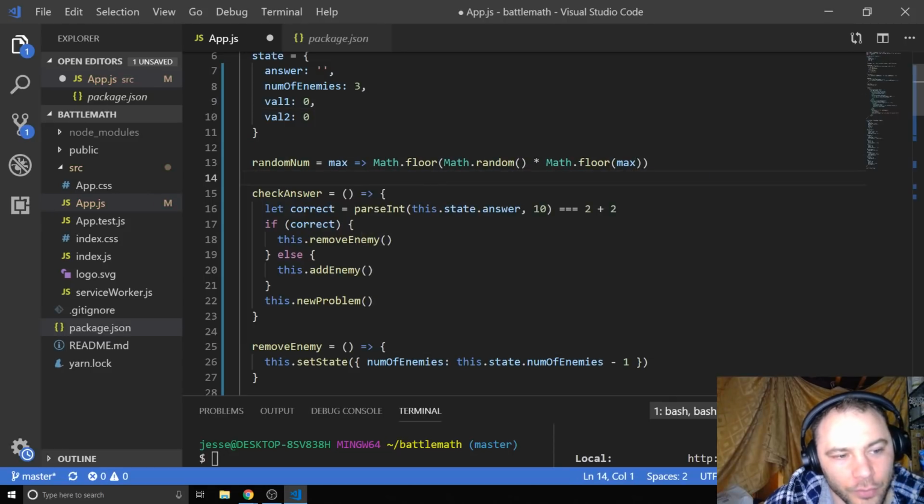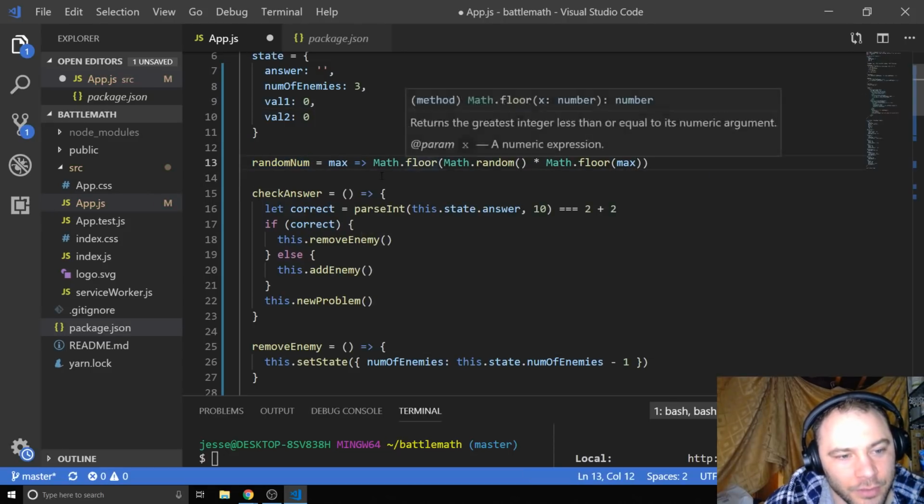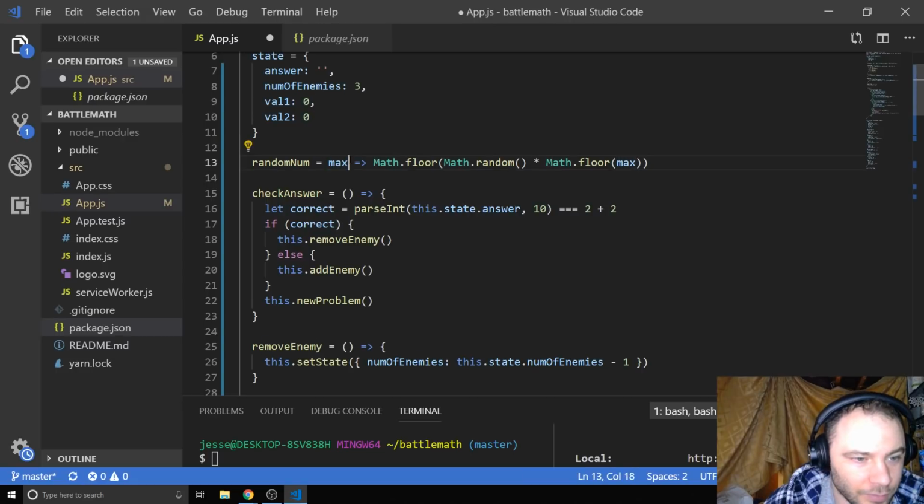Okay, so our random number generator, we're going to give it a max. And this is actually good because right now we only want 1 through 9, but eventually we could increase the difficulty of the game by giving this a higher max, right? So then what we can do is,